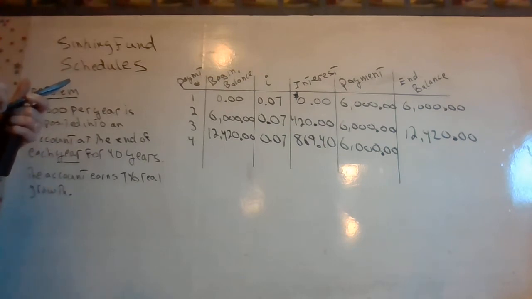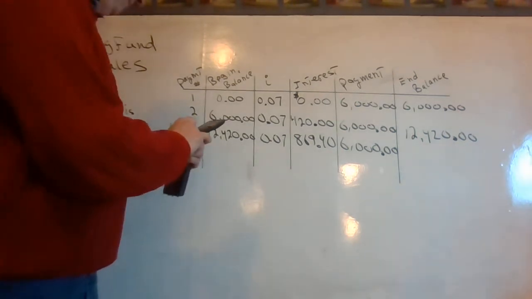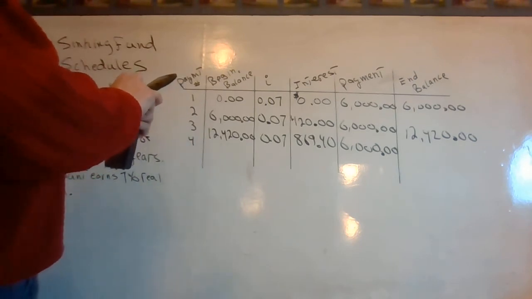Okay, and I must have added something wrong. Let's see, 12,420 plus 869.40 plus 6,000 equals 12,000. Or wait a second, that should be